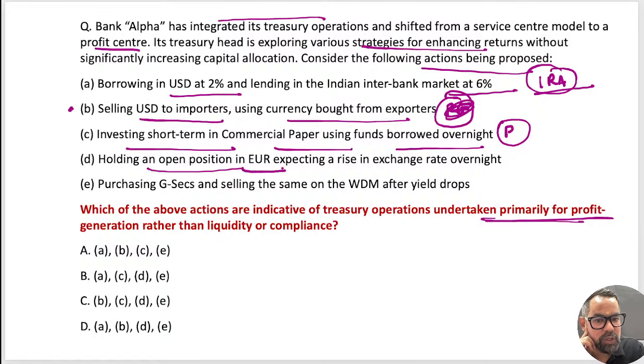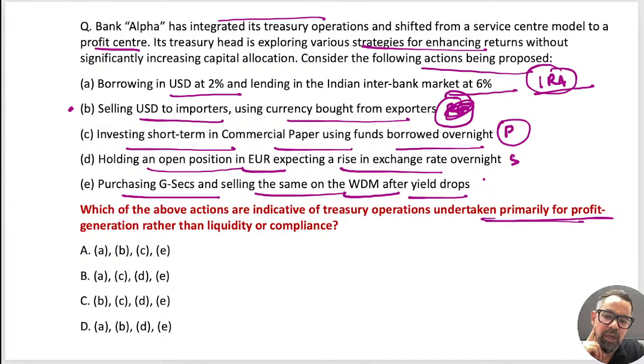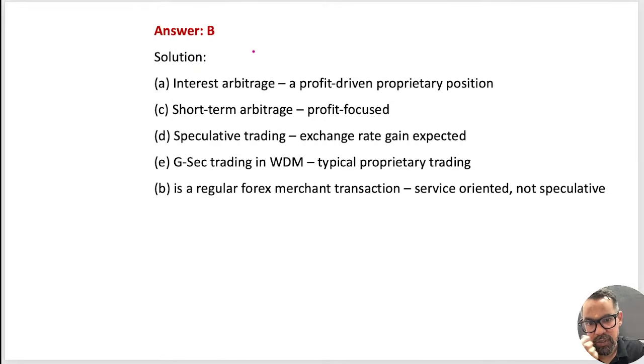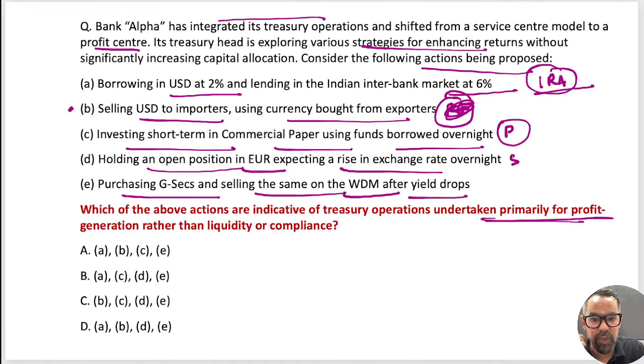Holding an open position in euro, expecting the exchange rate to rise overnight. This is speculation kind of, right? Then the next one is purchasing government securities and selling the same after the yield drop. Purchasing a government security, and this is a case of trading. Okay, we'll check the answer. Anyone who wants to answer this particular one? Okay, so this is the explanation for this one. B means